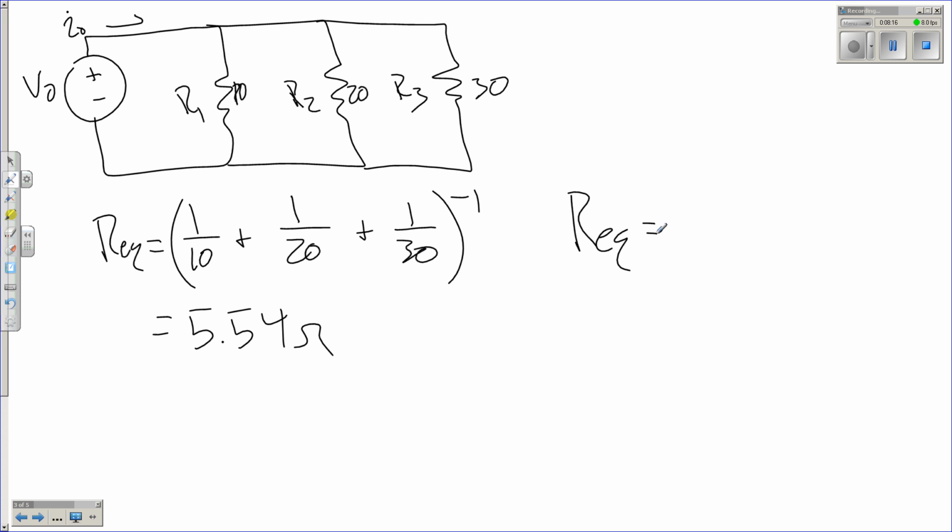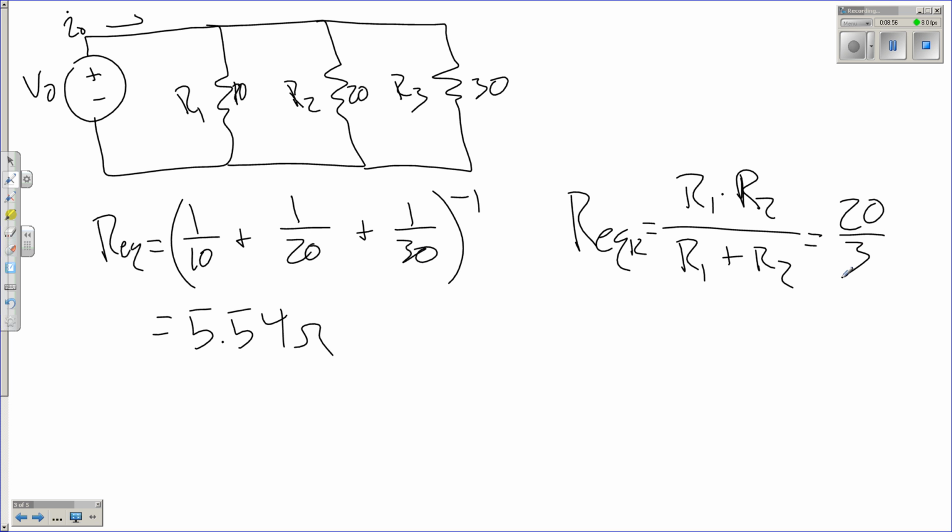What we can do is we can say between any 2 of these elements, let's say R1 and R2, REQ is going to be equal to R1 times R2 over R1 plus R2, which is REQ between just 1 and 2. Not 1, 2, and 3, just 1 and 2. Let me put that there. So here we've got 10 times 20, which is 200, over 30. So 20 over 3